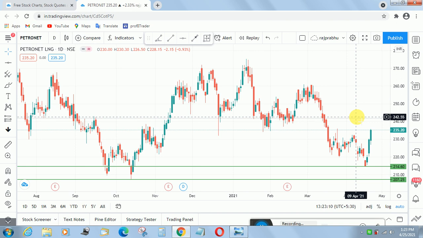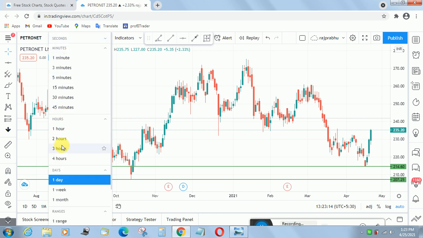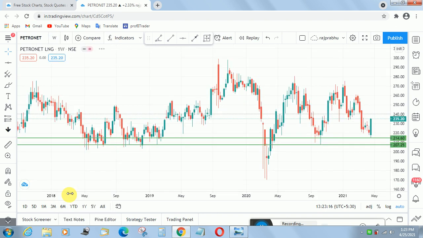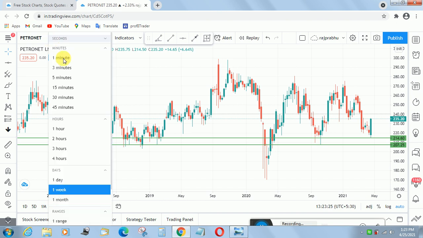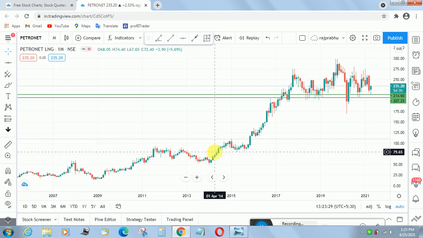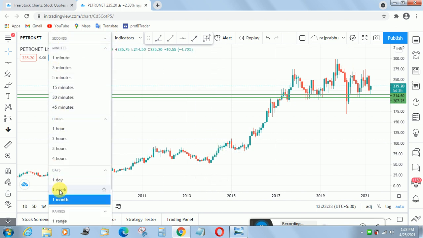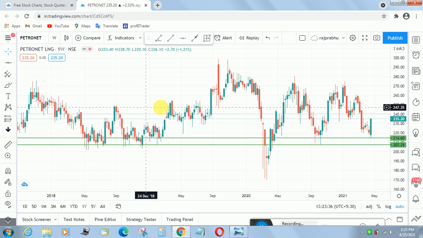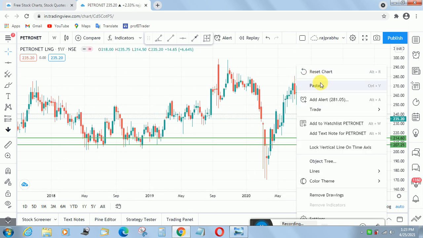and use multiple time frame analysis to find the exact trend. See here, I'm going to the weekly chart. Whenever you decrease the time frame, the accuracy is very low. You can increase the time frame to monthly or weekly, which gives high accuracy and shows the exact trend. I'm going to fix the weekly chart.